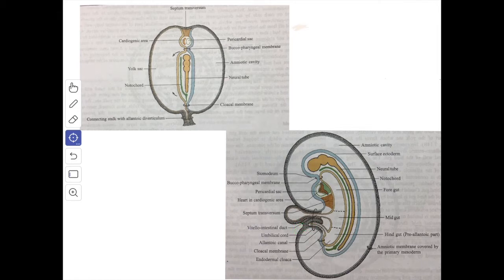The distal part of the allantoic canal persists as the urachus, which is connected to the apex of the urinary bladder. The proximal part of the canal incorporates with the hindgut, caudal to the umbilical cord. So this is the umbilical cord, caudal to the umbilical cord. The ventral wall of the hindgut is formed by the bilaminar cloacal membrane, which lies at the bottom of the